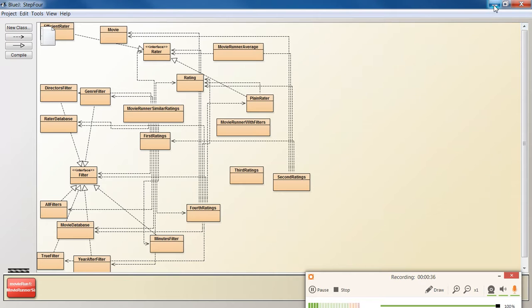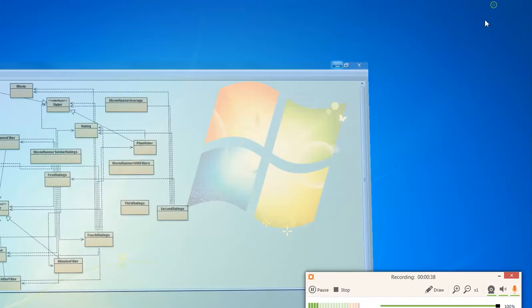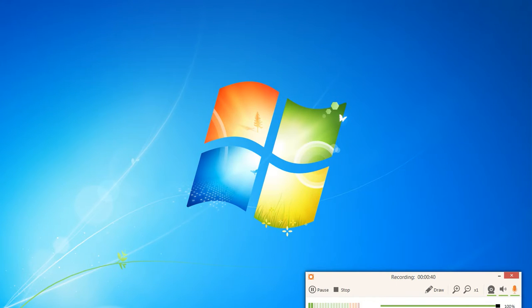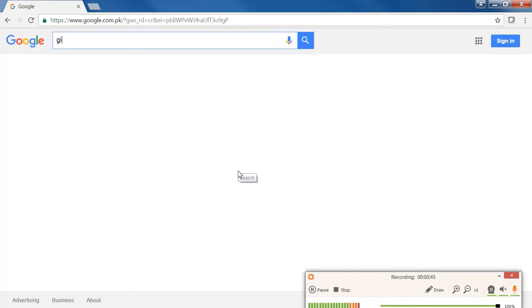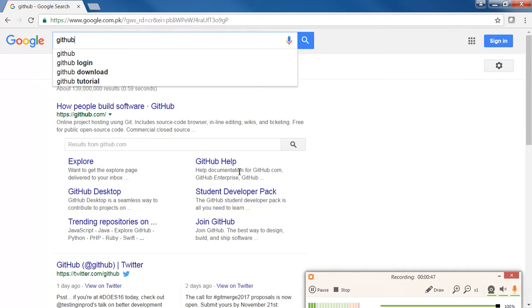For example, say we are looking for something on Google. So I have the Google search bar right here, and say I do a search for GitHub. So what I get is four different recommendations, and these recommendations are basically based on the kind of things I look for and the kind of things that are usually associated with the word GitHub. So I'm being recommended by Google if I want to know about GitHub login, GitHub download, or